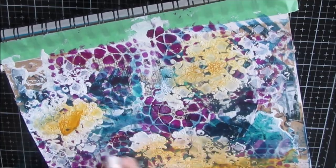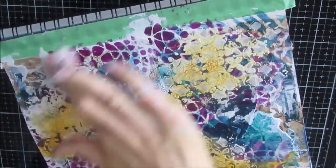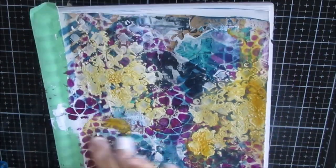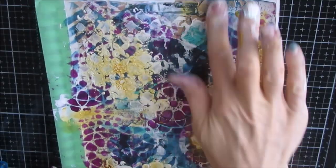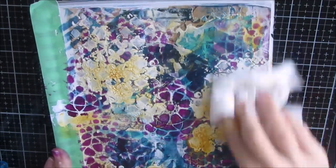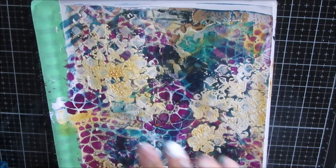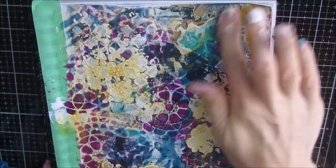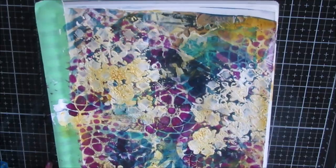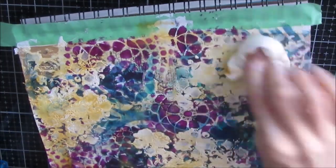And of course I end up blobbing too much on there. So instead of putting it in 3 spots, I pretty much end up doing my usual and covering the entire page. Now this, because it's transparent, it goes over the other colors. It doesn't block them out. And so it changes the hue, kind of antiques it a little bit, which is, I was going for the rustic look, but I'm very much trying things out